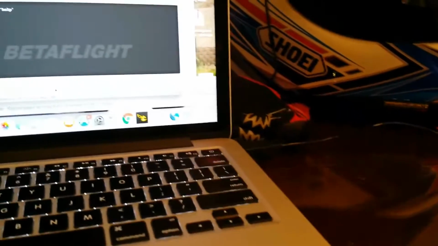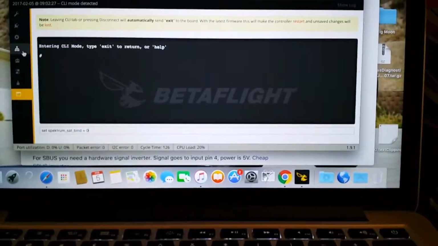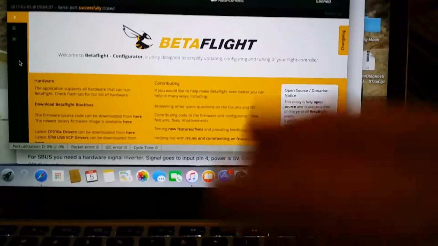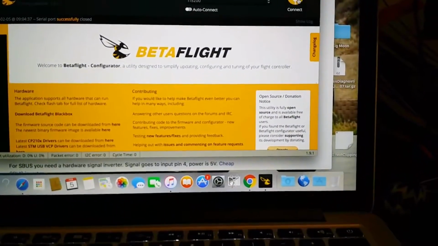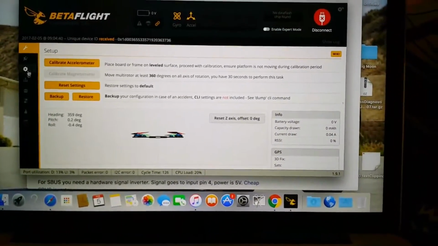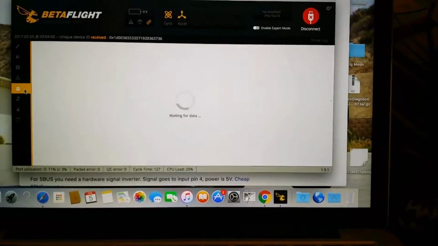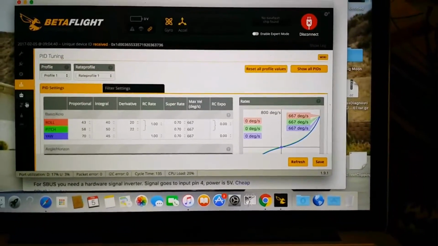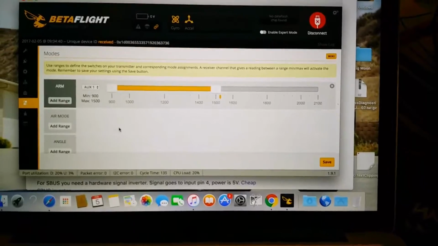Unplug it, plug it back in, and you're ready to go. I left all of my settings on here stock. The only thing I did to my Moskito 70 was I went to the modes and I added